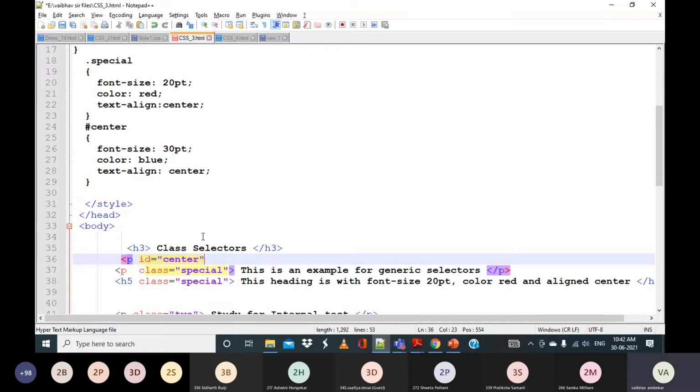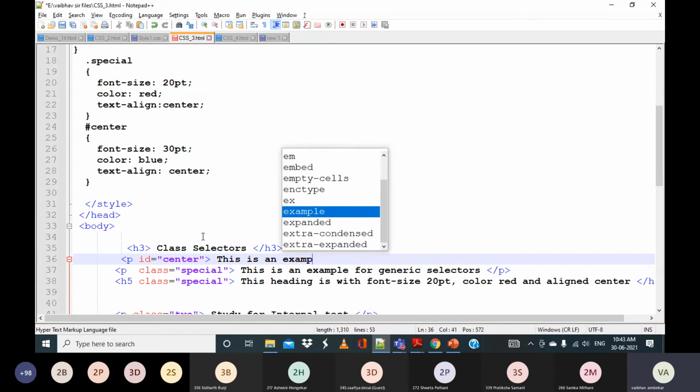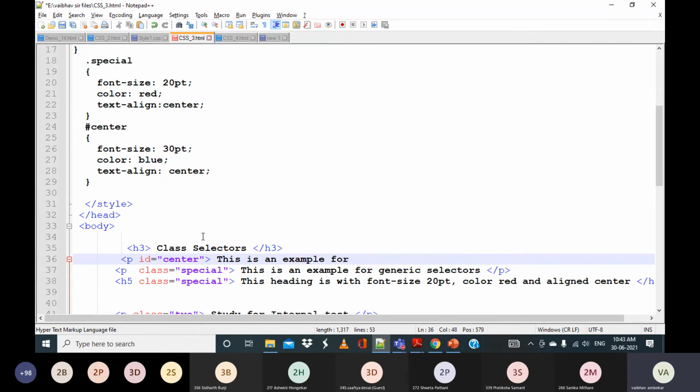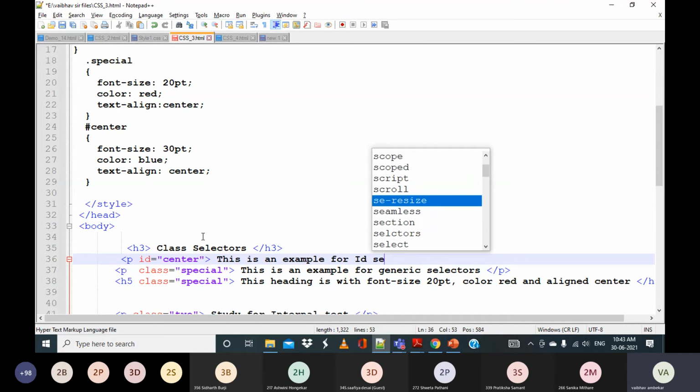Then followed by that, right? This is an example for ID selectors.